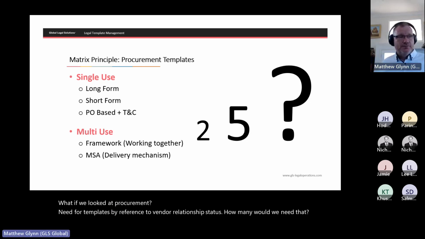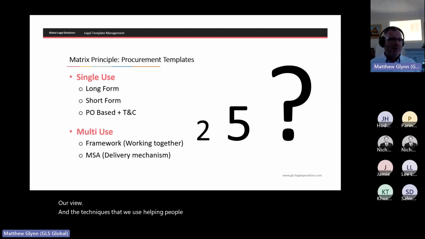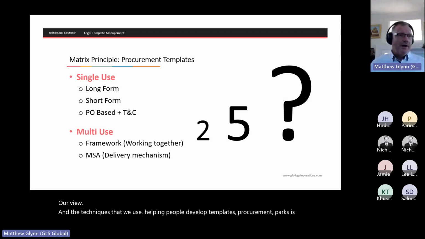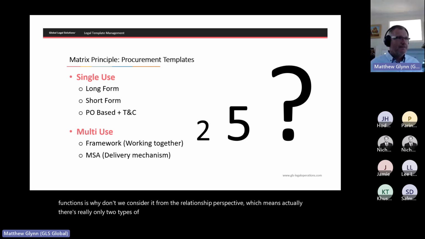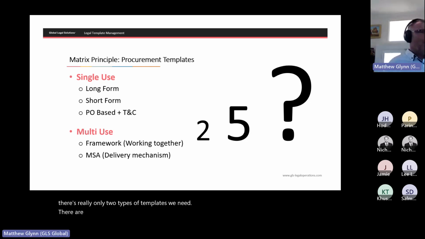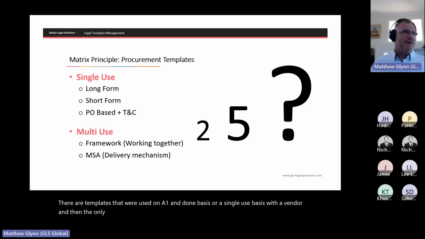Our view, and the technique that we use helping people develop templates for procurement functions, is why don't we consider it from the relationship perspective, which means there's really only two types of templates we need. There are templates that we use on a one and done basis, or single use basis, with a vendor. And then the only other type of vendor that we have is ones that we want to have ongoing relationships with, or multiple use scenarios.